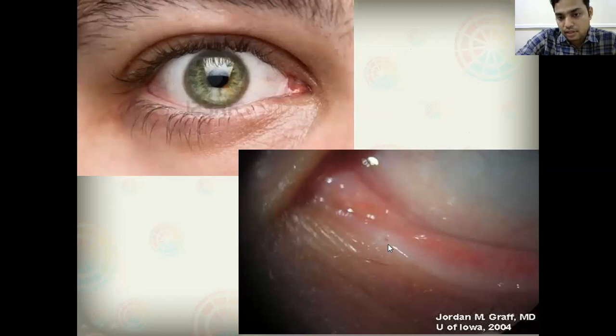If you look clearly, there is a small opening at the junction of the ciliated and non-ciliated part of the eyelid. Ciliated is where the eyelashes are present. At the medial end of the eyelid, we don't have eyelashes. At the junction of this ciliated and non-ciliated part, we have a small opening called the punctum. This is the lower punctum. In the same way, in the upper lid also, we have a small opening called the upper punctum.